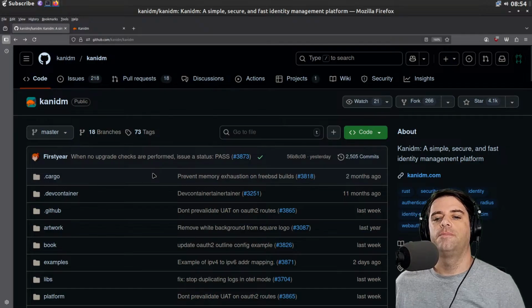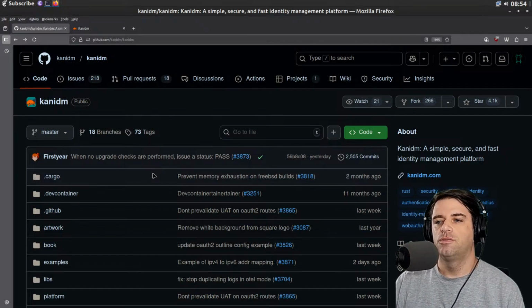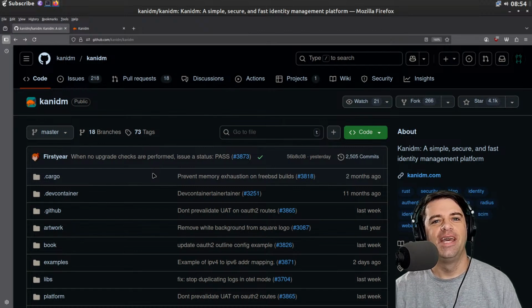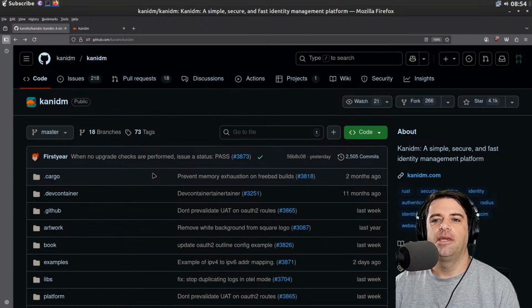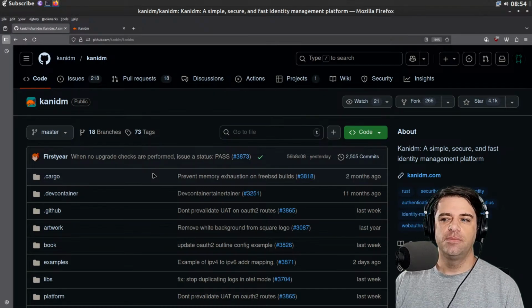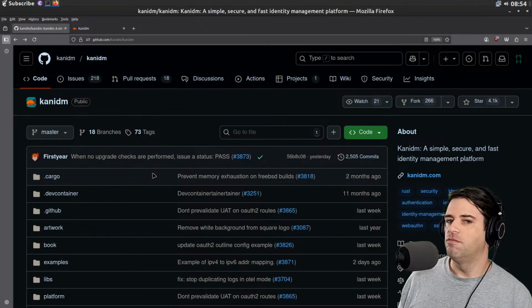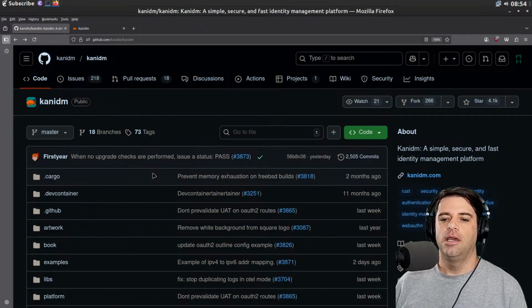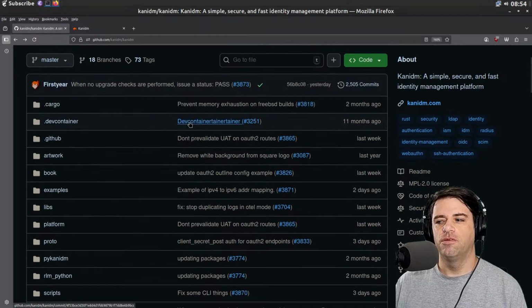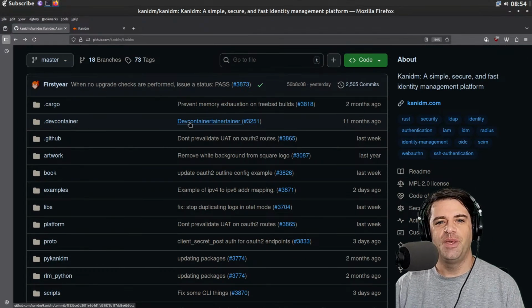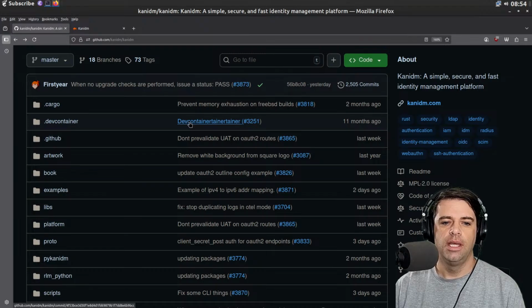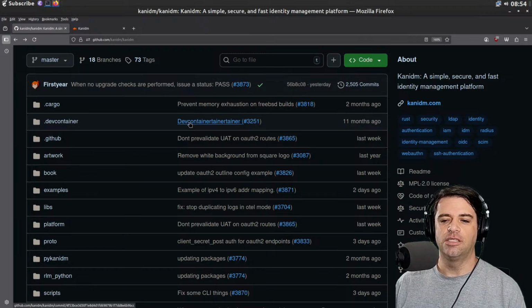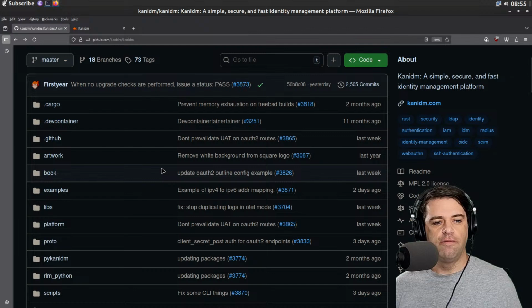So I originally found Carnedium. I needed to add identities and identity management to my home lab, and I was playing around with FreeIPA, trying to make that into a containerized version. And I had some success, but it didn't really want to be run on Kubernetes, which is where I'm running my other stuff. They had a config that made it work. So if you're saying that you run FreeIPA on Kubernetes, I'm aware that it can work. But the restrictions on getting the domains and the DNS routing and the systemd stuff all working were rather constraining.